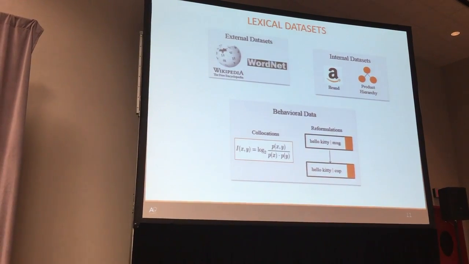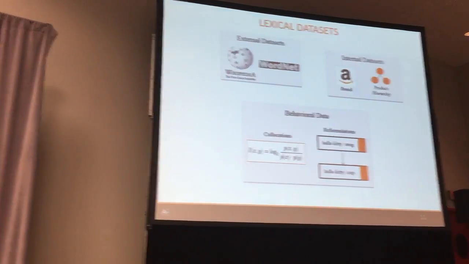We have internal data sets, internal to Amazon, that is brand dictionaries of the brands of the products that are given to us. We have product hierarchy information. Along with that, the interesting piece here is behavioral data sets, and that's my best part here. We try to generate the data sets, right? Because a lot of times things said in the query are not in our internal dictionaries, neither in external ones. So we want to try to parse the queries themselves to understand what the dictionaries are.